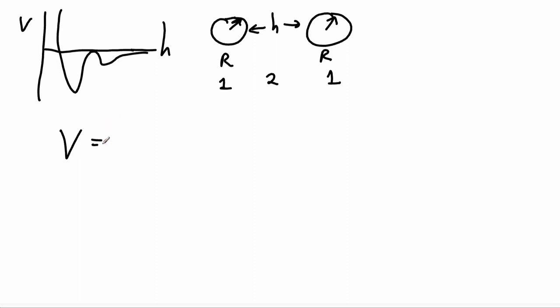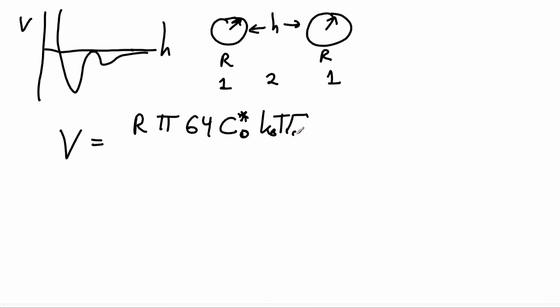So the expression for the total potential energy in such a case is going to be pi times the radius of the particle, 64, the number concentration of the electrolyte in solution, thermal energy kT,